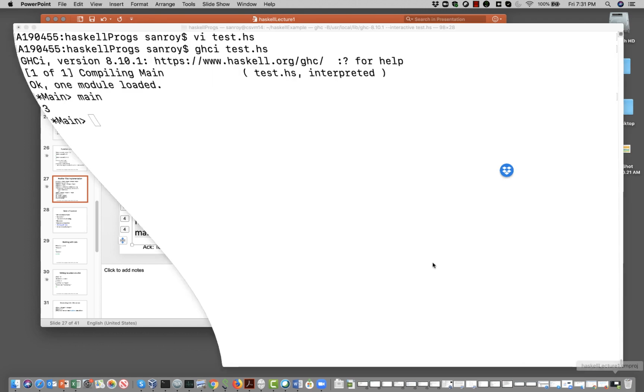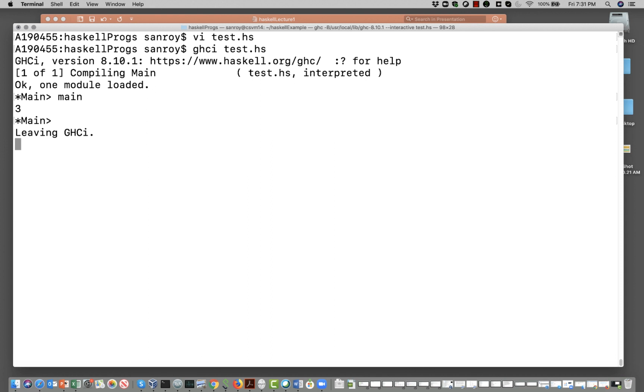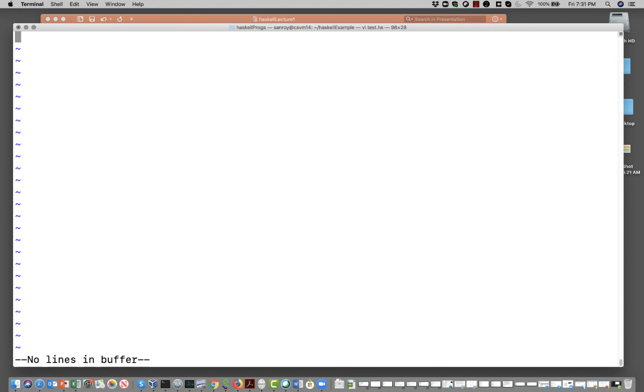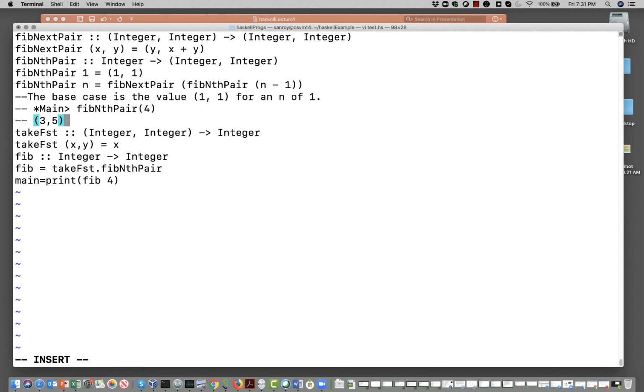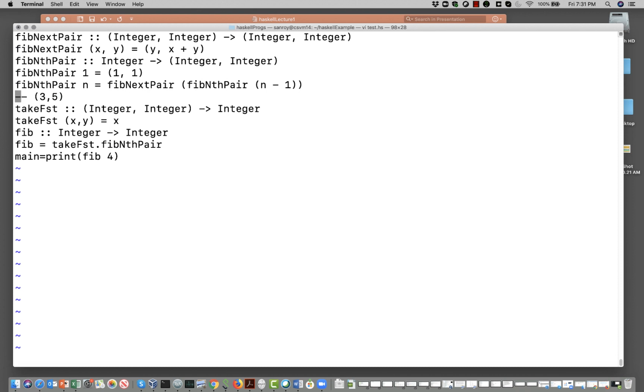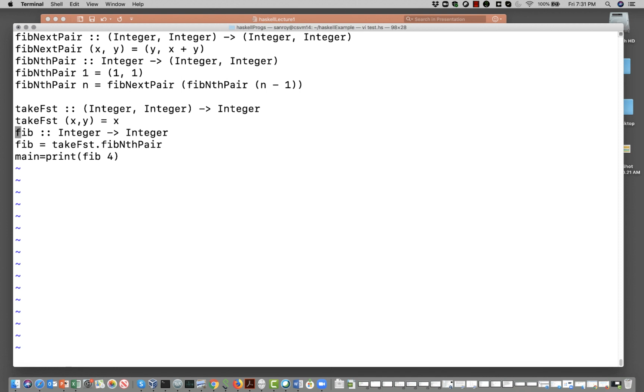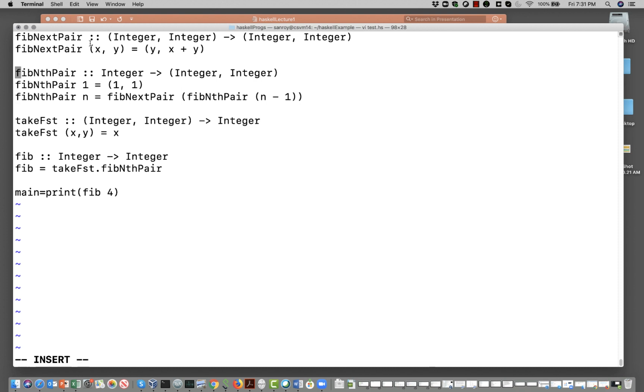So let me copy that and go to my file, and there I can replace this, and to reduce clutter I can take out those comments, and here you go. Right, so this was the fibNextPair